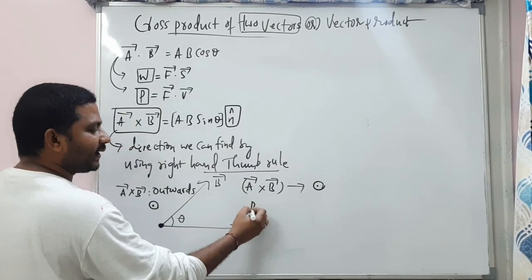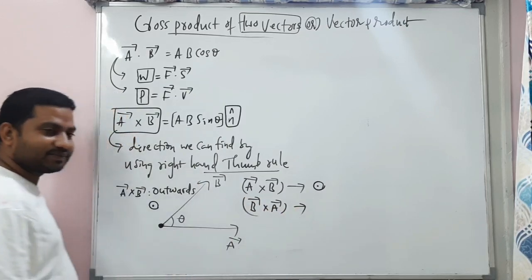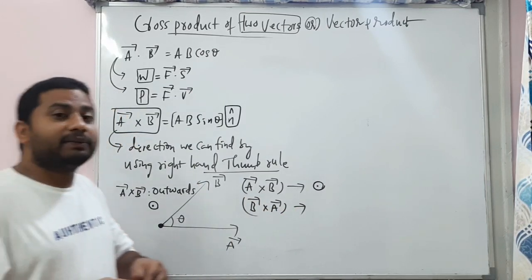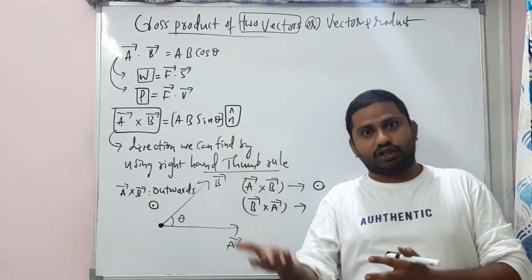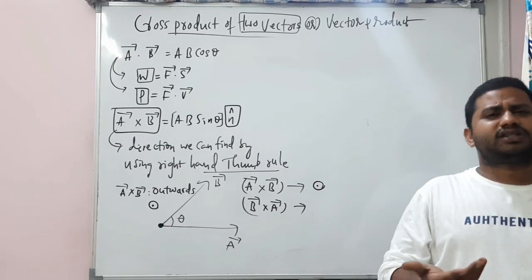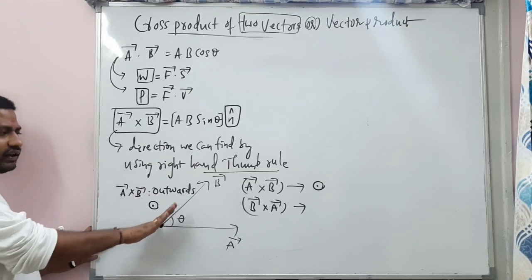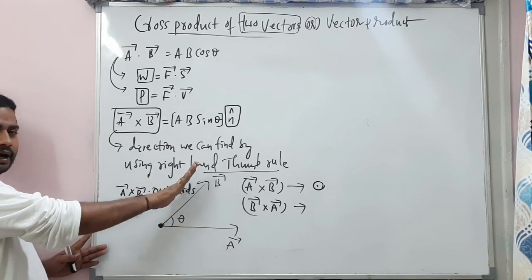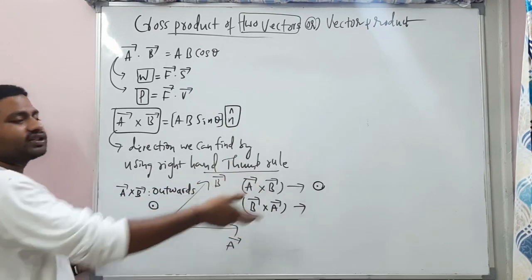And in the same way, can you find B bar cross A bar also now here, my dear students? What is meant by B bar cross A bar? We should keep our stretched fingers in the direction of B bar, and we need to curl them towards A bar. Simple. So this is B bar. See, stretch your fingers in the direction of B bar and curl in the direction of A bar, because we need B bar cross A bar.